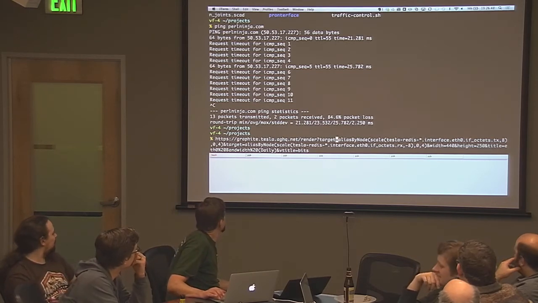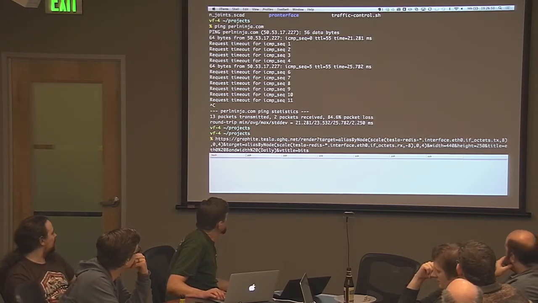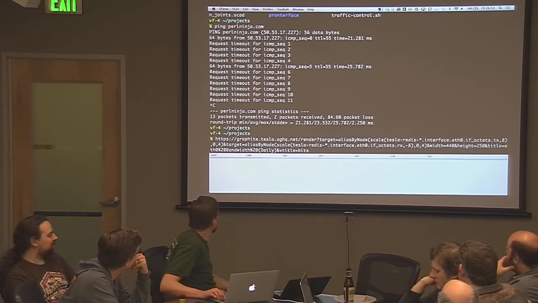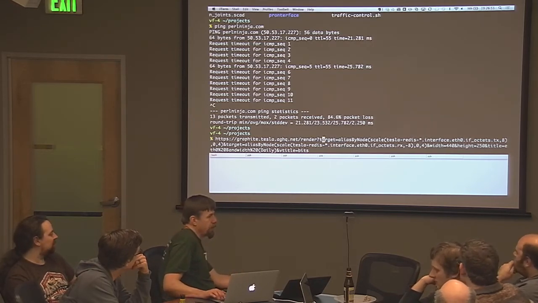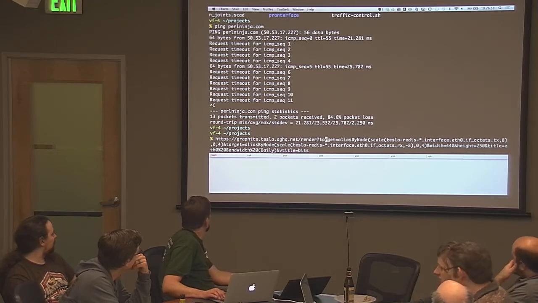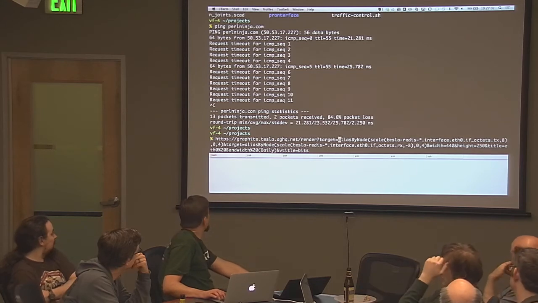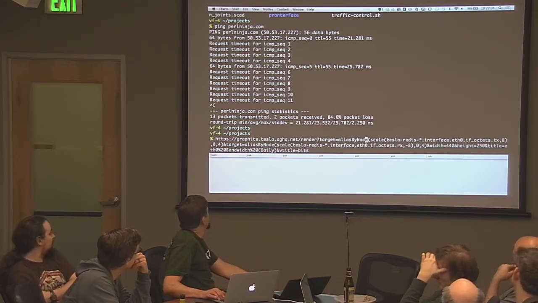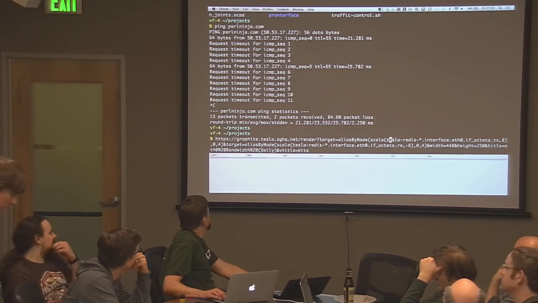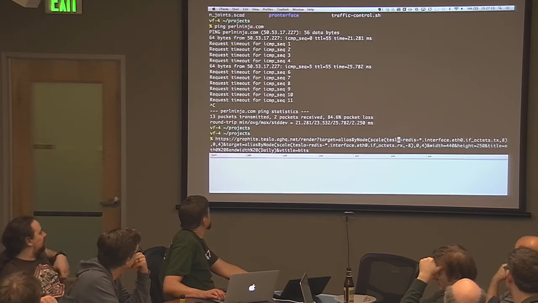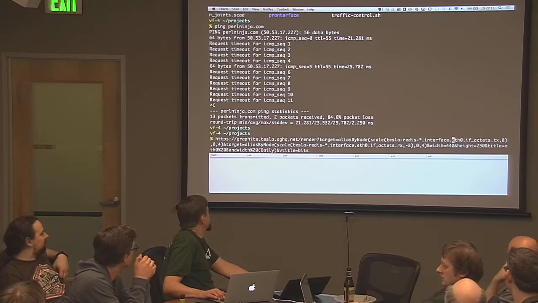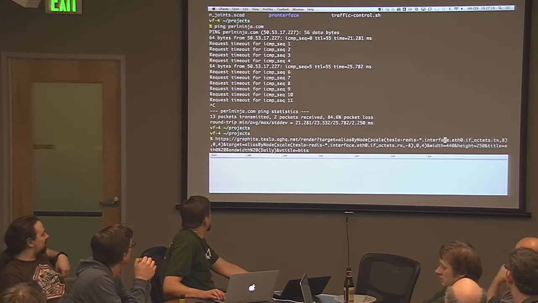So anyway, a graphite URL, just to get a graph out of it, or actually JSON data or whatever, starts with target equals, and then all the stuff you want to make a graph of. In this case, I'm saying take all of the machines called Tesla-Redis-anything, and then grab their interface E0 octets, and scale it by